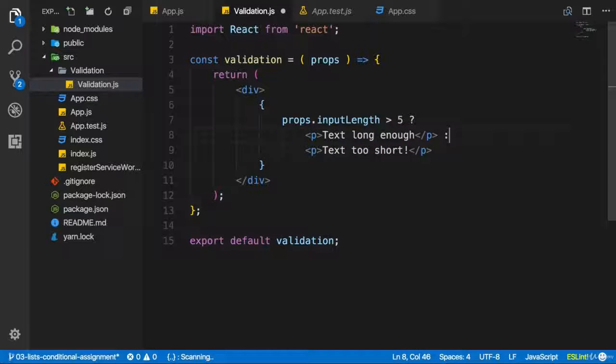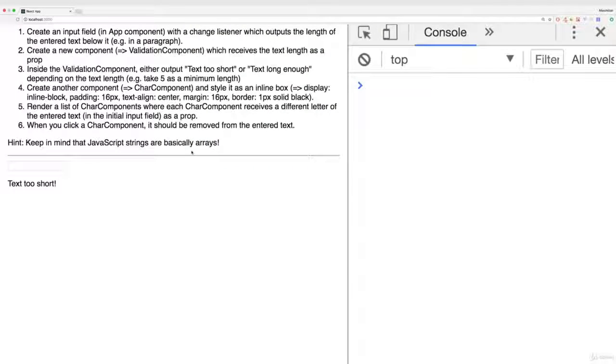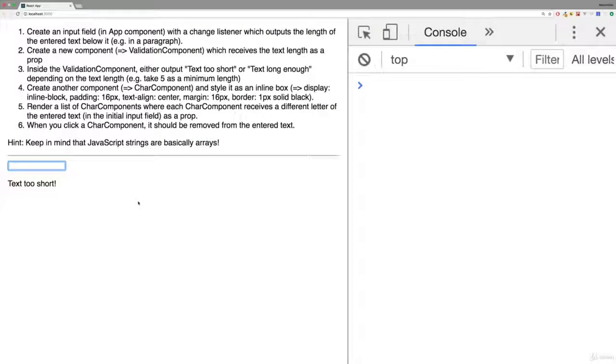Otherwise, I want to output text too short. This should work with this ternary expression. Make sure you save all the files and go back. We already see text too short, and now let me start typing. We see